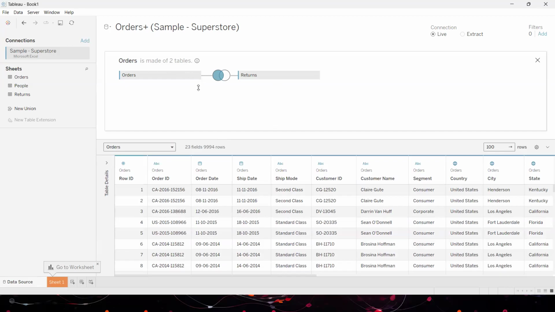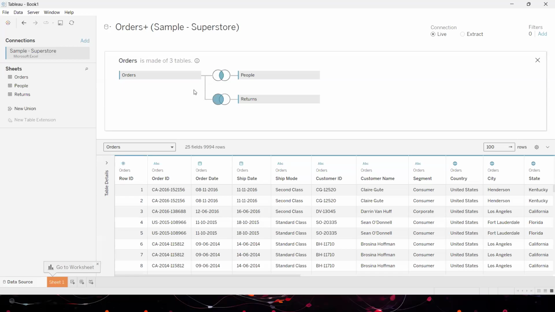Now that I have joined my data, I have prepared my data, and it even has the names of the regional sales managers. Data preparation is a very important part of business intelligence because data may not always come from a single table or a single source. It could be coming from across multiple tables, multiple data sources. So you need to prepare your data even before you go ahead and analyze it.